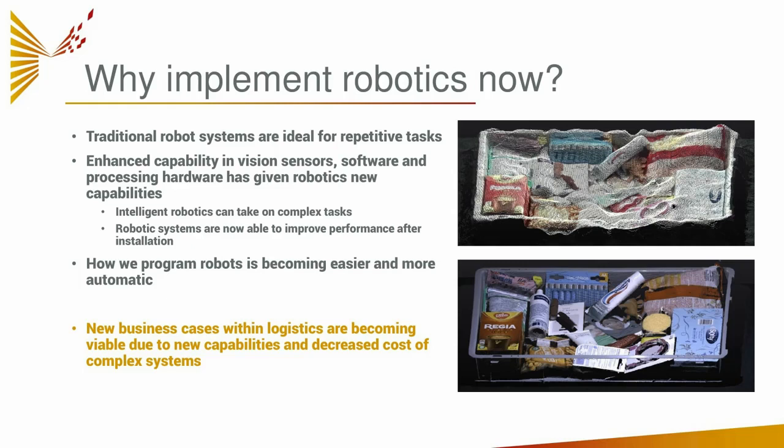And one of this is a kind of a control issue. So this is something that really is changing right before us. The capability of vision technology, the capability of software, and the processing hardware. Those three things are giving robots new capabilities. So you can kind of see there on the right, I threw something together from one of our vendors. This is only a few years apart in technology. So up on the upper right is what a couple years ago a 3D vision sensor would have seen within the same scene,